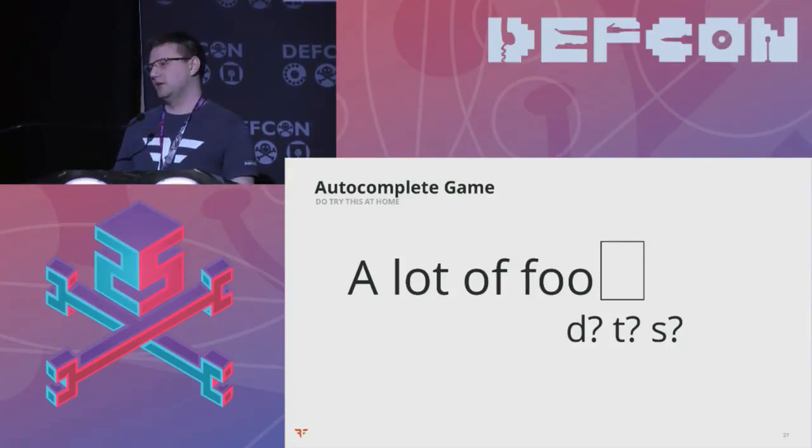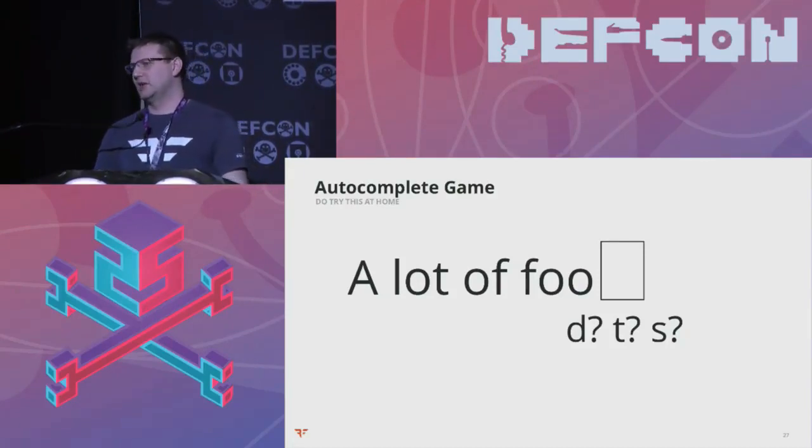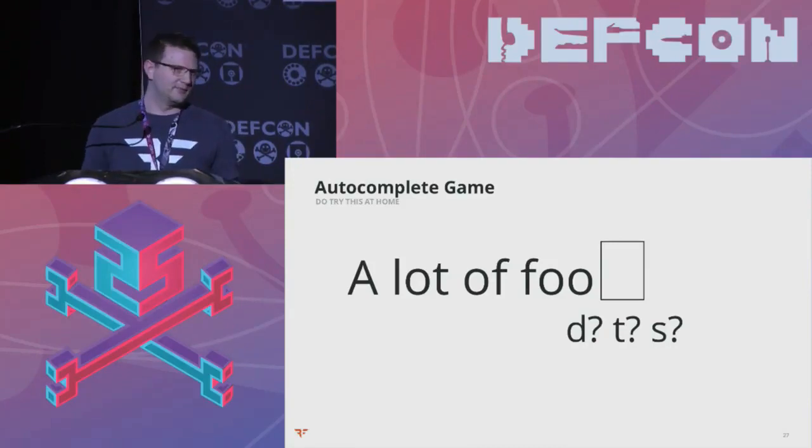And so strictly speaking, the machine doesn't pick the next character. Actually what it does is produce a probability distribution across all letters, and so it might give D a very high probability, T a very low probability. And so the entire nature of the program is probabilistic.